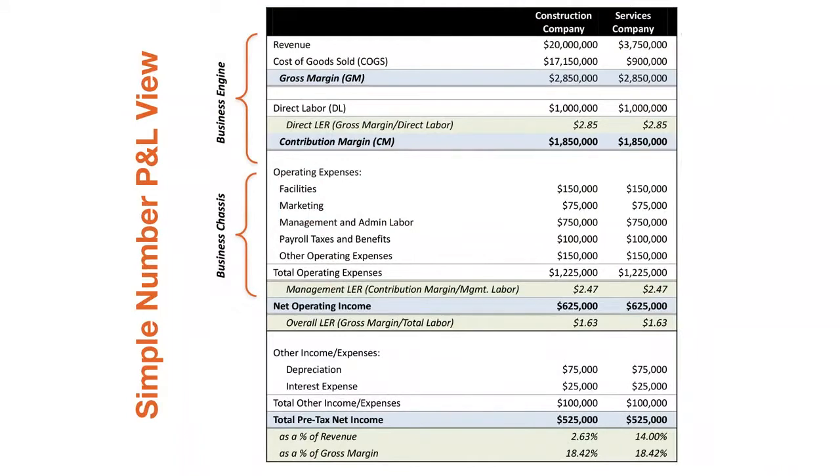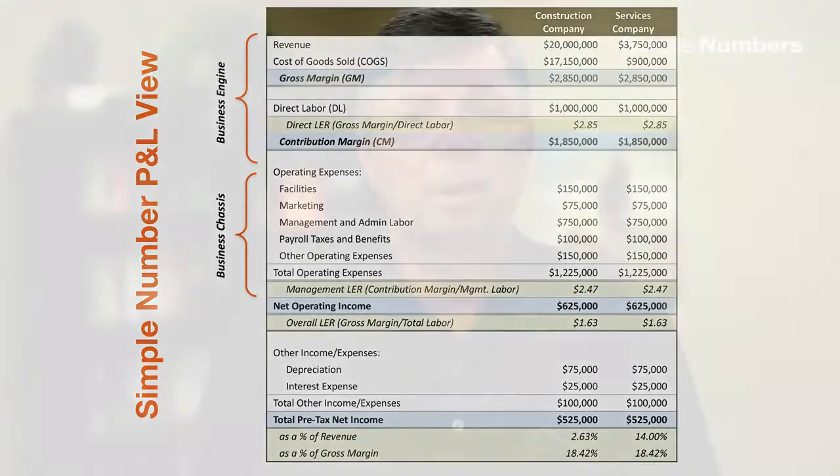Here's the final key that you look at from a standpoint of profitability. Profit relative to revenue is 2.63% for the construction company. Well, that's not exciting. But if you look at net profit as a percentage of gross margin, 18% is pretty good. And what you realize is, you're pretty profitable as a construction business because that $17 million of cost of goods sold, you didn't have to pay any money out of pocket to get it. Typically you're going to take a draw against the job to pay for the materials, and you're not going to pay your subcontractors until you get paid. So you don't have any cash requirements in that cost of goods sold.